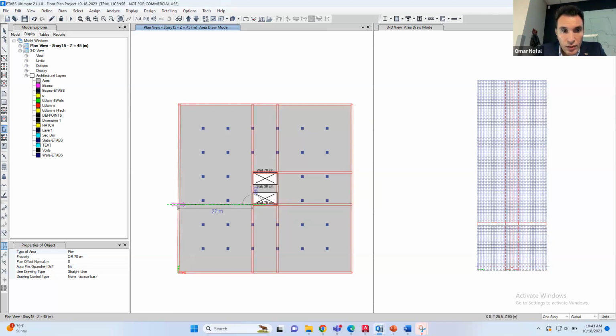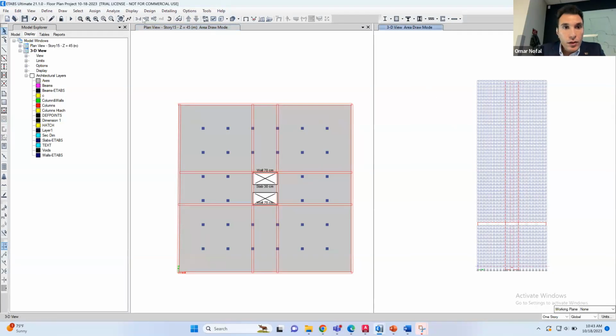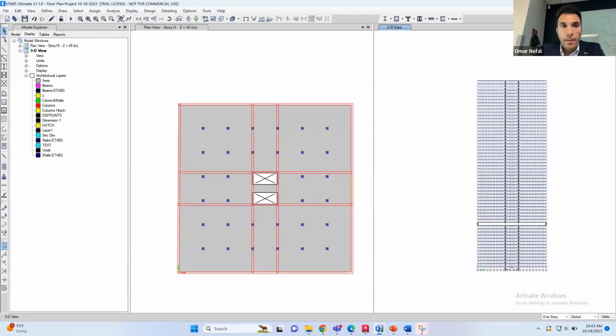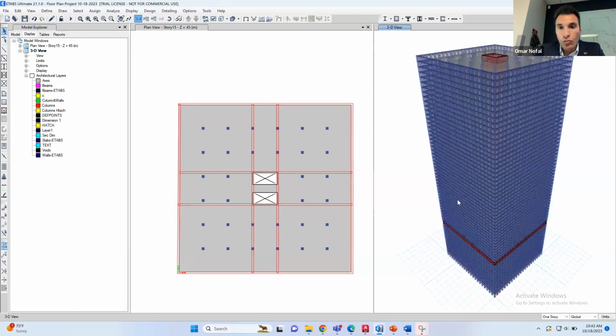And once you are done, since you have two outriggers, you can replicate this outrigger to the next story. Like you can select the outrigger sections that you draw. For example, right now I draw the outrigger and let me show in a 3D. Okay, so right now the outriggers look fine